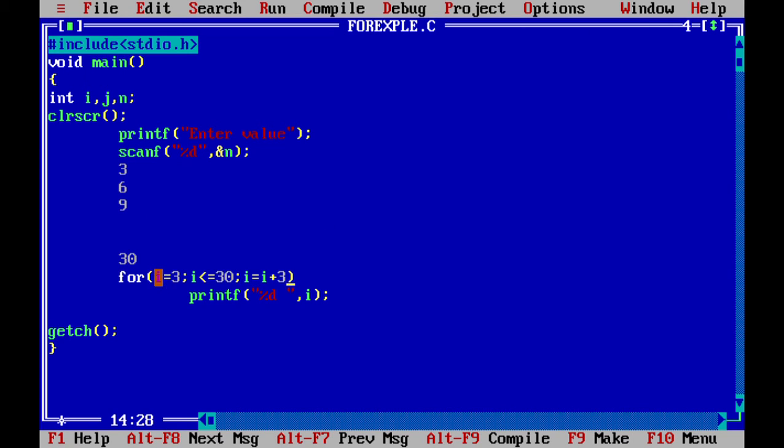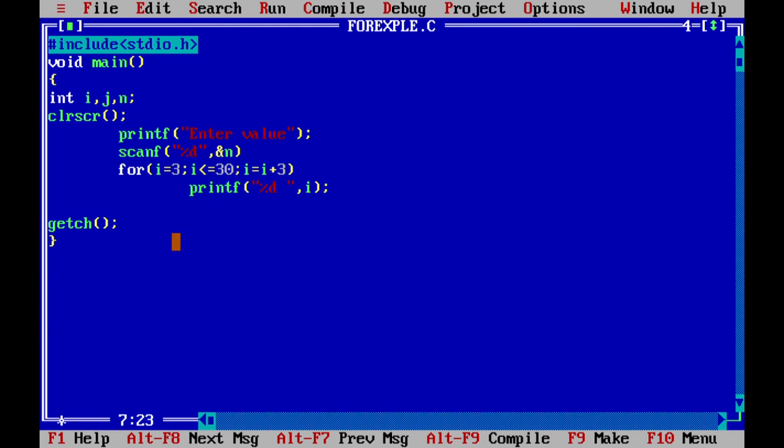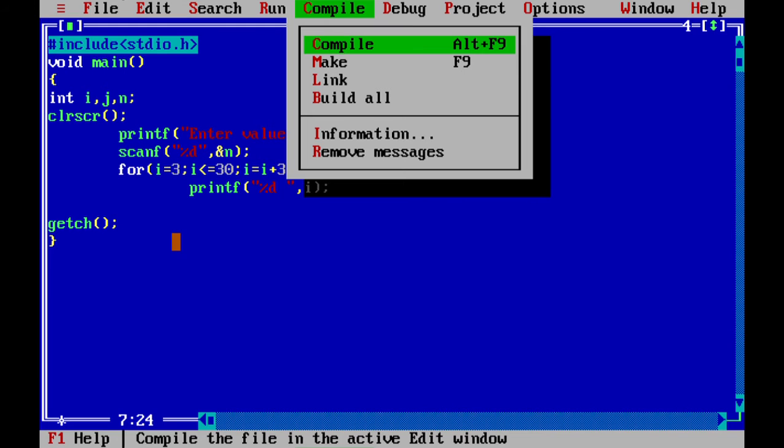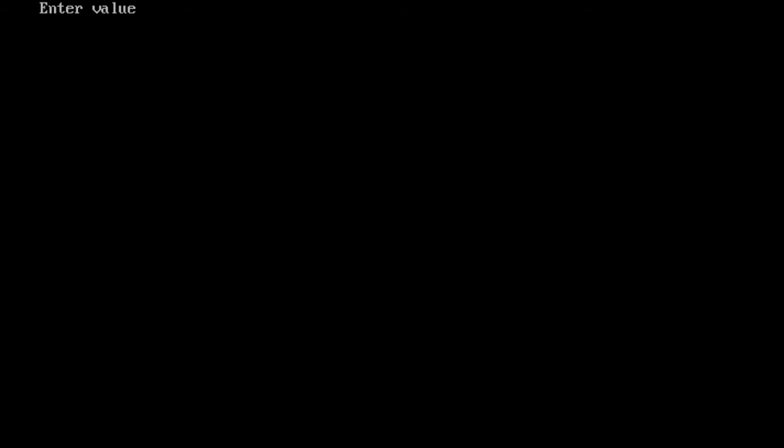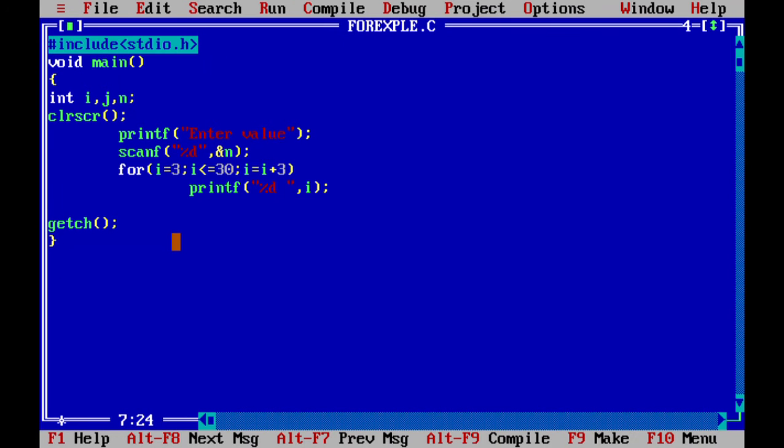So initially i is 3, so it will print 3 onto the screen. After that i plus 3. So 3 plus 3 is 6, it will print the 6. After that 6 plus 3, it will print 9. So it will go up to 30 because this is my termination condition. Now let's check the output. Let me erase this. Suppose I enter 5 and it prints the table of 3, that's 3, 6, 9, 12, 15